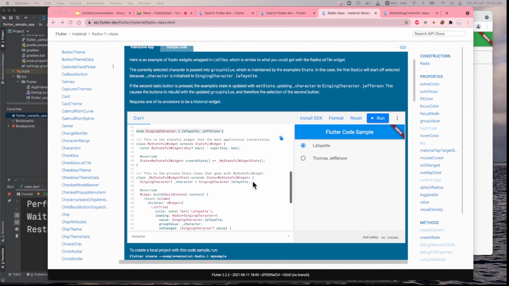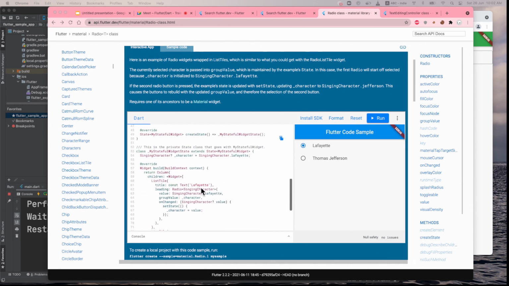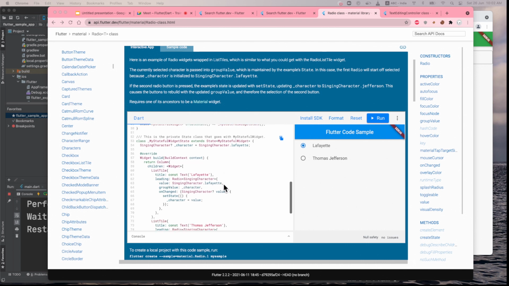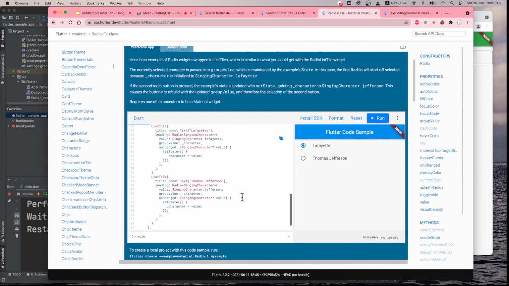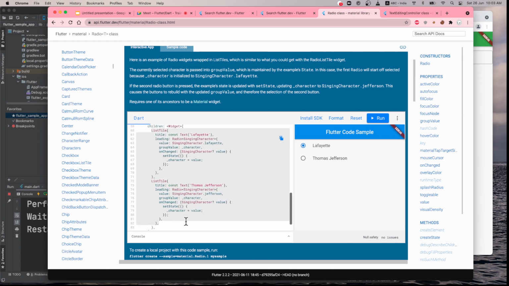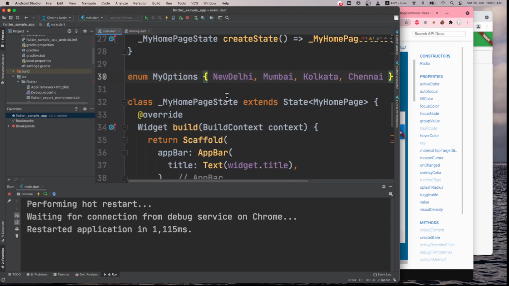We can define like, inside the widget we have list tile that you have to use like this. For every radio button you have to use a list tile. So let's copy paste and then see.